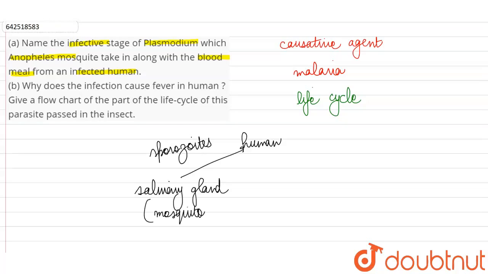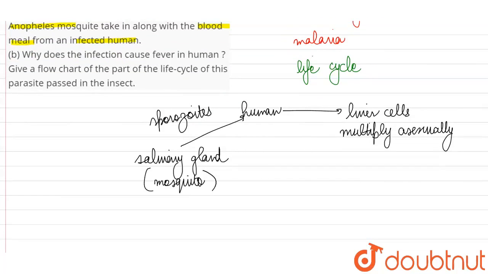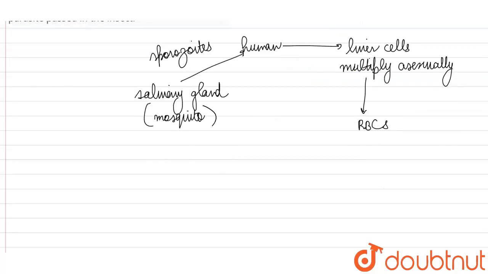Now, once it is entering the human body, it is going to migrate to the liver through the blood circulation, and inside the liver cells, Plasmodium is going to multiply asexually. After increasing in numbers like this, they are going to burst the liver cells and go to our erythrocytes, our RBCs, where again they are going to multiply asexually, and the Plasmodium particles which have been formed are going to